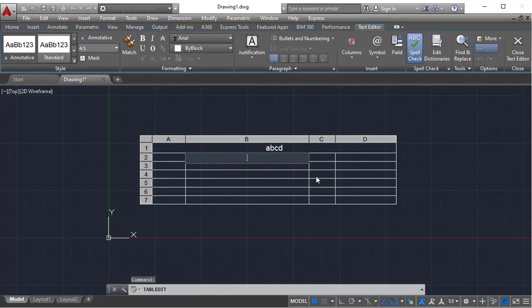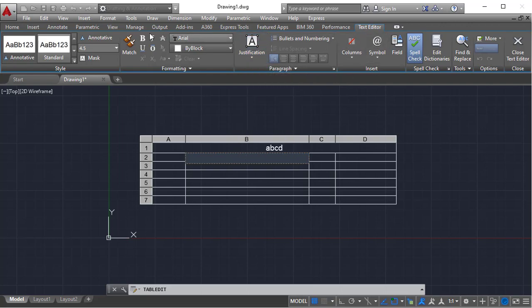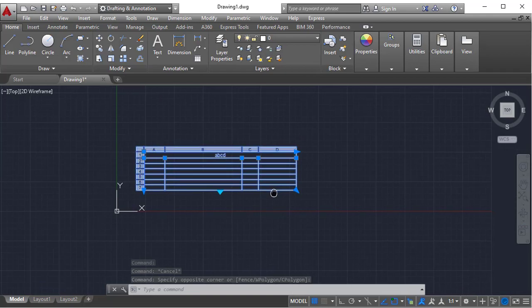If you double click it, while entering the text, you already know how to do the text options in MS Word. It is a similar pattern, like annotative, bold, italic, underline. All options, even the justifications, are there. All options are similar to Excel and Word. With this option, I have just created a normal, empty table. Later on, I can edit it.